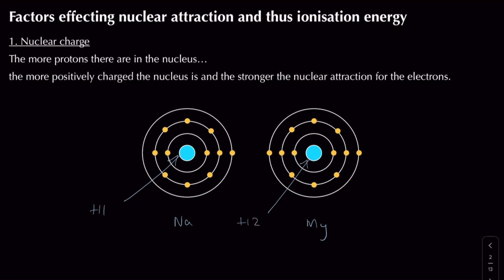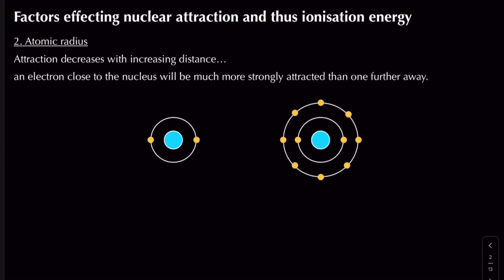Now if you were to think about this, the more protons we have, the greater the nuclear charge is going to be, and the greater the attraction for these outer electrons is also going to be. So we know, of course, if it's harder to remove an electron, the first ionization energy, that energy required to remove the outer electron, is going to be a lot greater as well. So we end up with a more endothermic value. Moving on to our next factor,